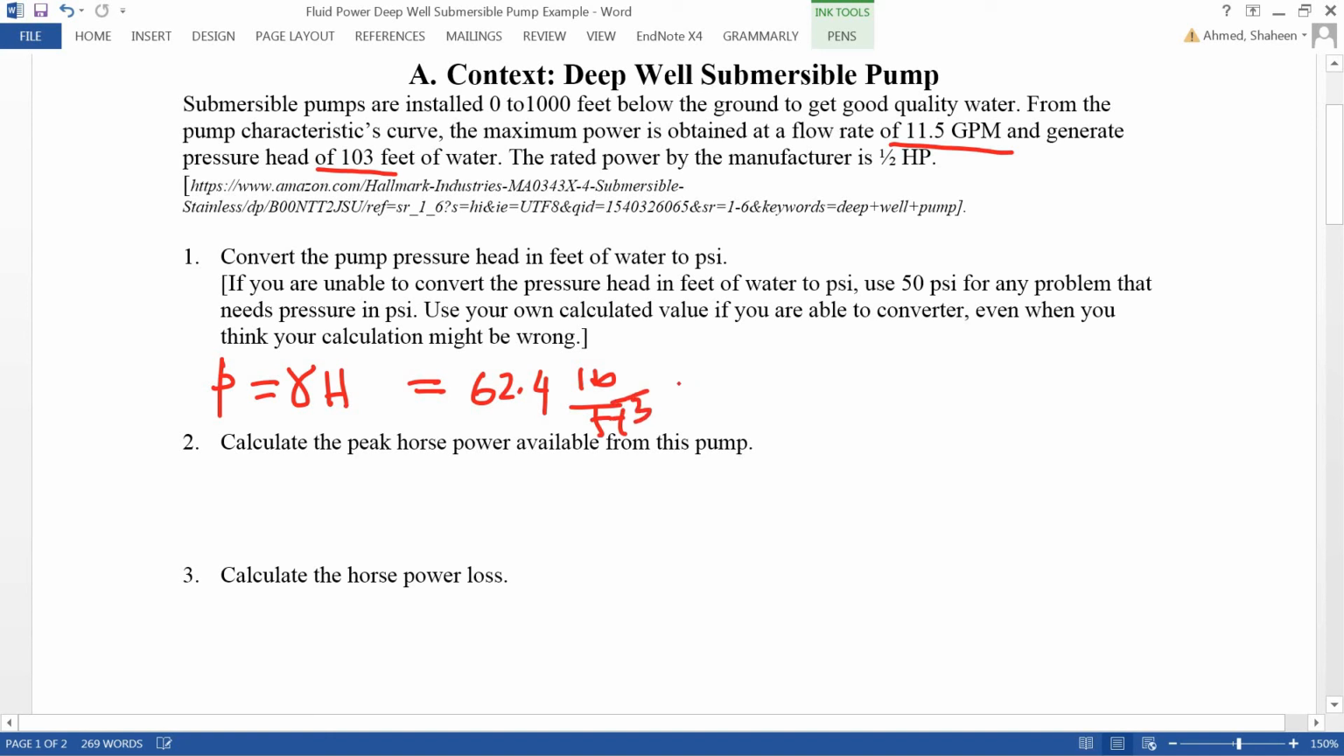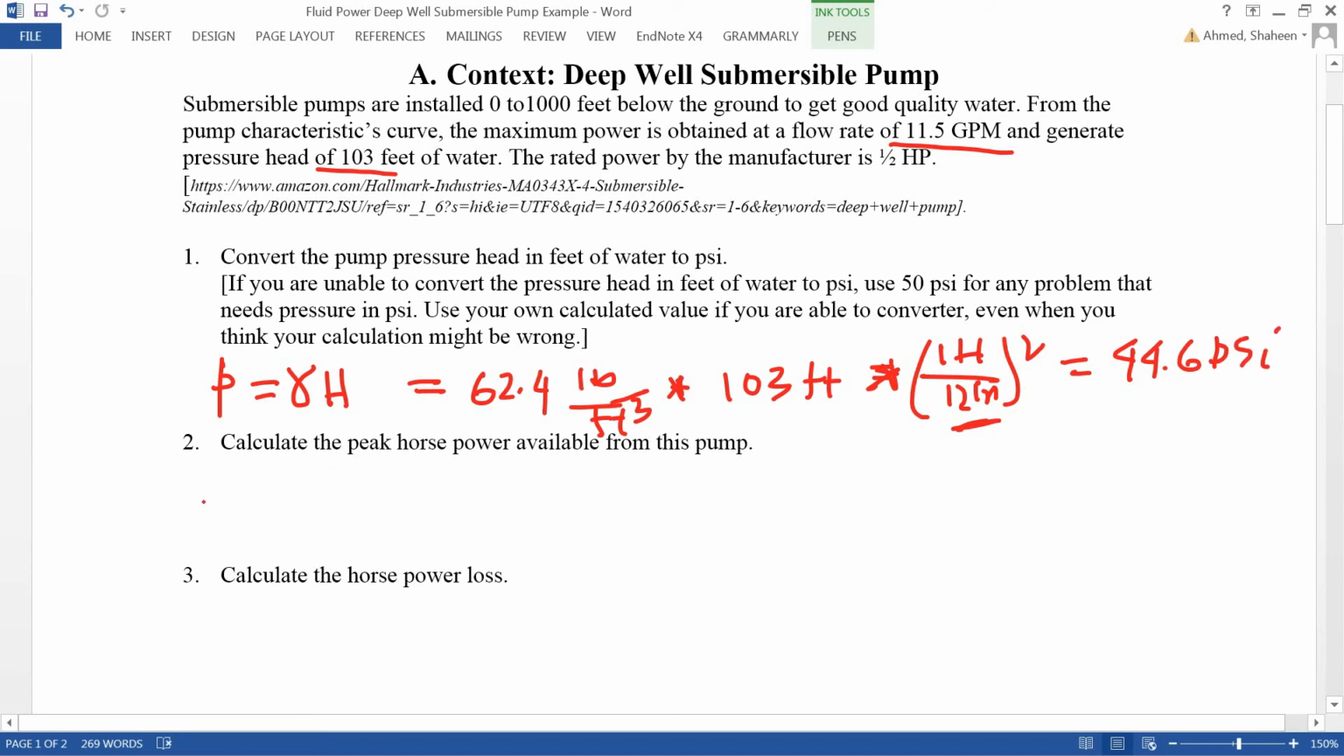If you fill a 1 feet cube box with water, it's going to weigh 62.4 pound, and then 103 feet of water, so that's going to be, I didn't calculate that part. And then we can convert this feet to inch cube. So I know that 1 foot is 12 inch, and then square that, because this feet and feet cube, I'll have feet square at the denominator, so to cancel that I need feet square in the numerator, and then this is just the equivalence of that. So if you calculate this, it's going to be 44.6 psi,